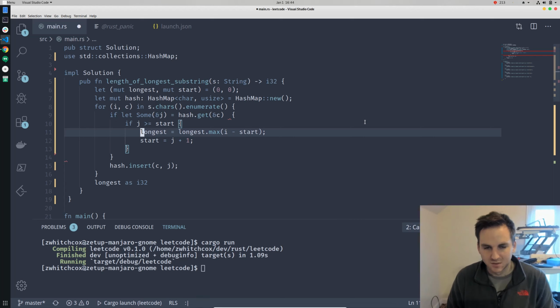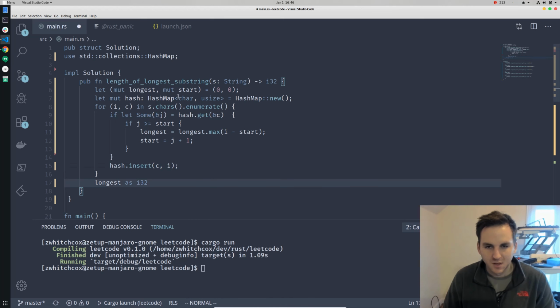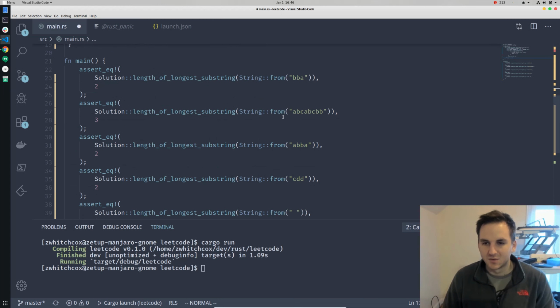All right. So this should be fairly close to what we're looking for, except we're actually going to be inserting I instead of J, because j is the previous index, so this is the current index. And then we also need to get the leftover characters at the end of the string that did not have a duplicate. So like if this is BA, we need to get that BA, because as of now, we're only